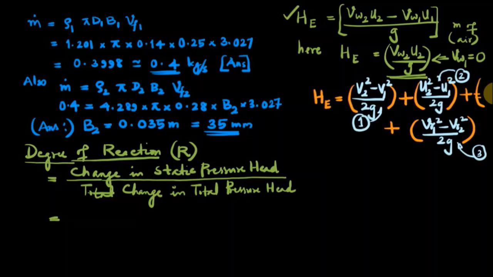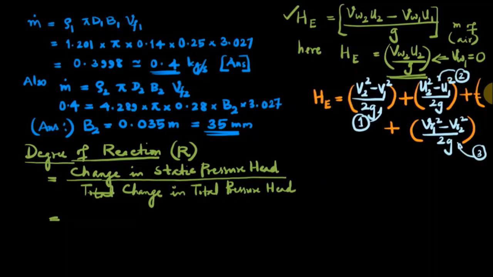So please keep this relation in mind, and for a turbine what you should do is reverse, negative of this. That means the order should be reversed. What does it mean? Euler head for the turbine, or for a power producing device, will be HE is equal to V1 square minus V2 square by 2G plus U1 square minus U2 square by 2G plus VR2 square minus VR1 square by 2G. See, the given order has to be reversed for a turbine. And this is for the pumps and compressors, rotodynamic machines.